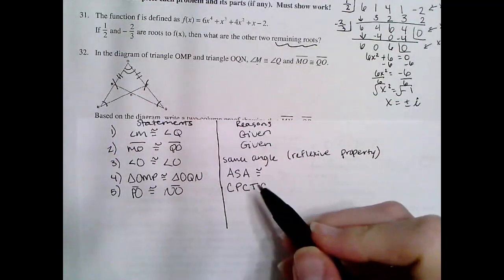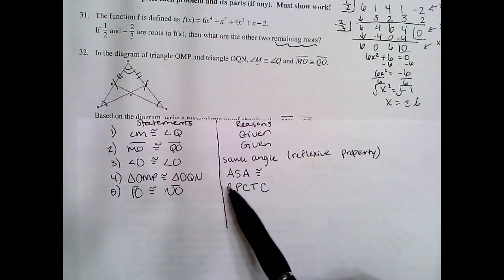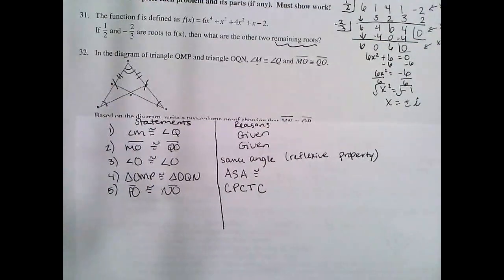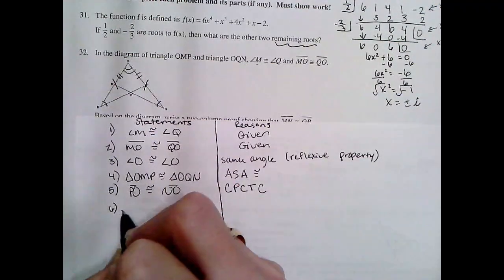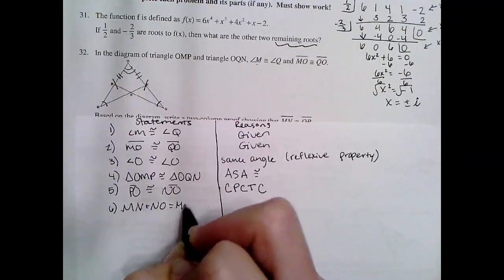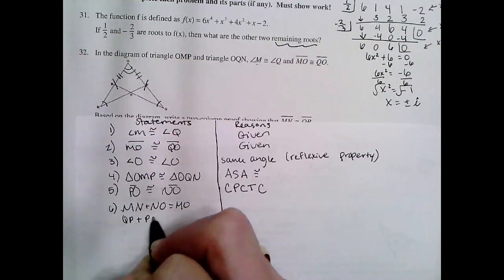If these triangles are congruent, we just concluded that, then their corresponding parts all also need to be congruent as well. Okay? All right, next reason would be that MN plus NO needs to equal MO, and QP plus PO